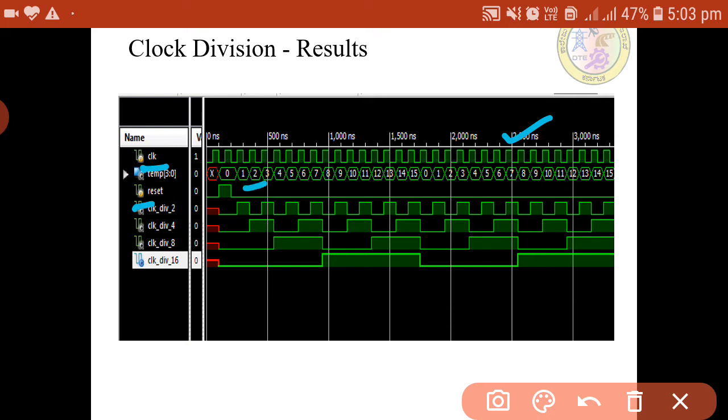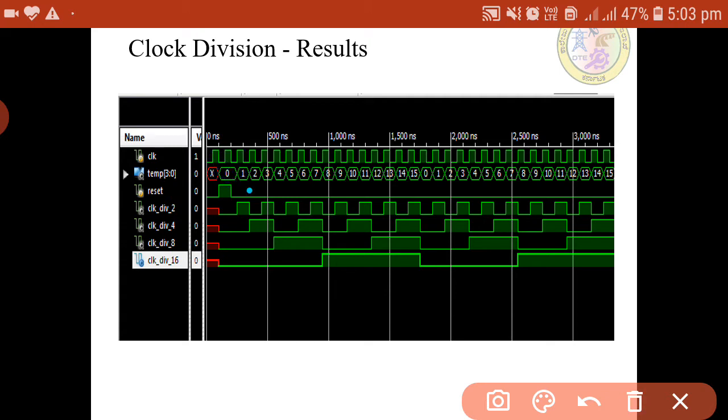Okay, so the reset, as I told, is generated like this, one pulse. And after the reset, we can see here during the reset all outputs are 0, which means the count value is 0. Okay, as we are seeing, the count value is 0 during the reset. So at the next edge of the clock, the next rising edge of the clock, it starts counting.